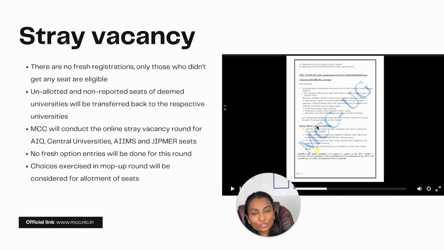Just to again make sure that you understood the rules and regulations right, we have given you the official website link of MCC. Request you to please log into the official website and go through all the rules and regulations again. Again, what we have told you is the 2021 rules. For 2022, there may be minor changes and small edits. So if there is any change, we will keep you posted. But we request you to read the current brochure and then decide how to participate in the counseling process.